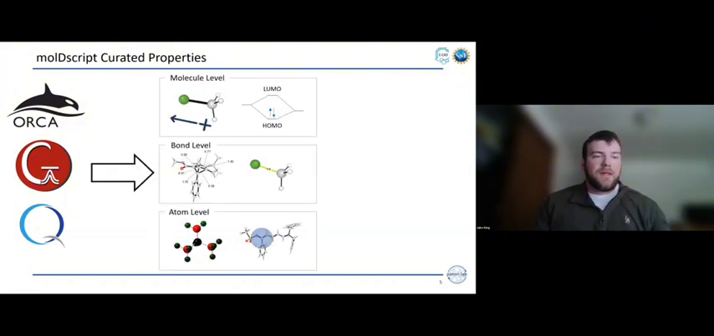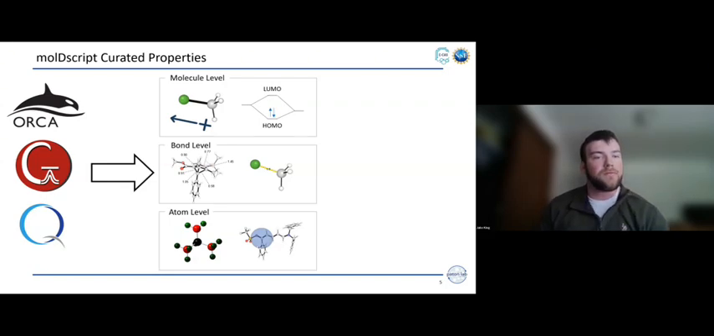Then from these DFT outputs, it curates a set of features. So here's just some representative features for molecule level. It's curating things like dipole moments and frontier molecular orbital properties. For the bond level, it's curating things like Wiberg bond indices and simple bond distances. And then for atom level descriptors, it's curating things like charges and Fukui descriptors, as well as on the fly